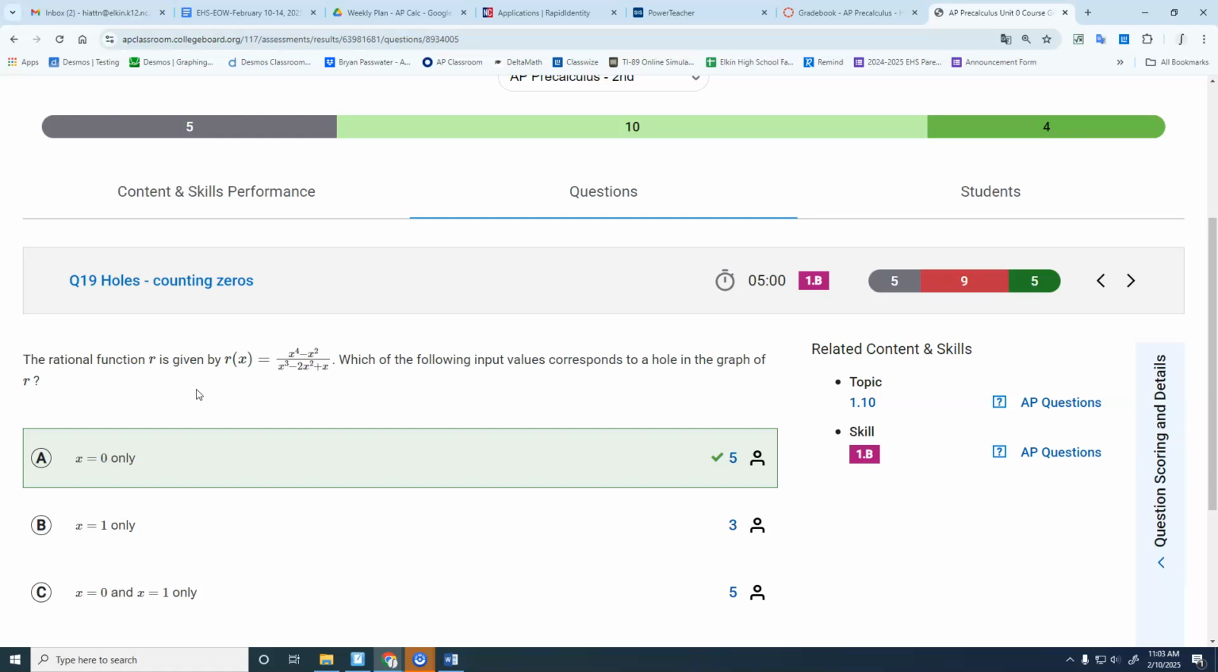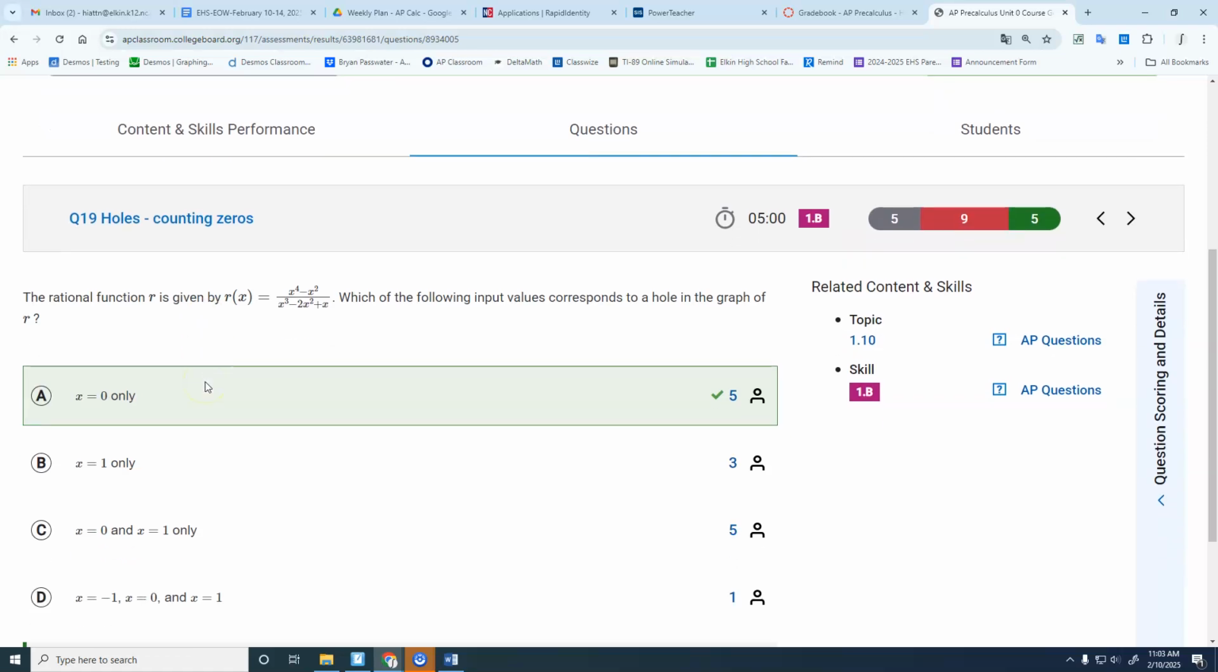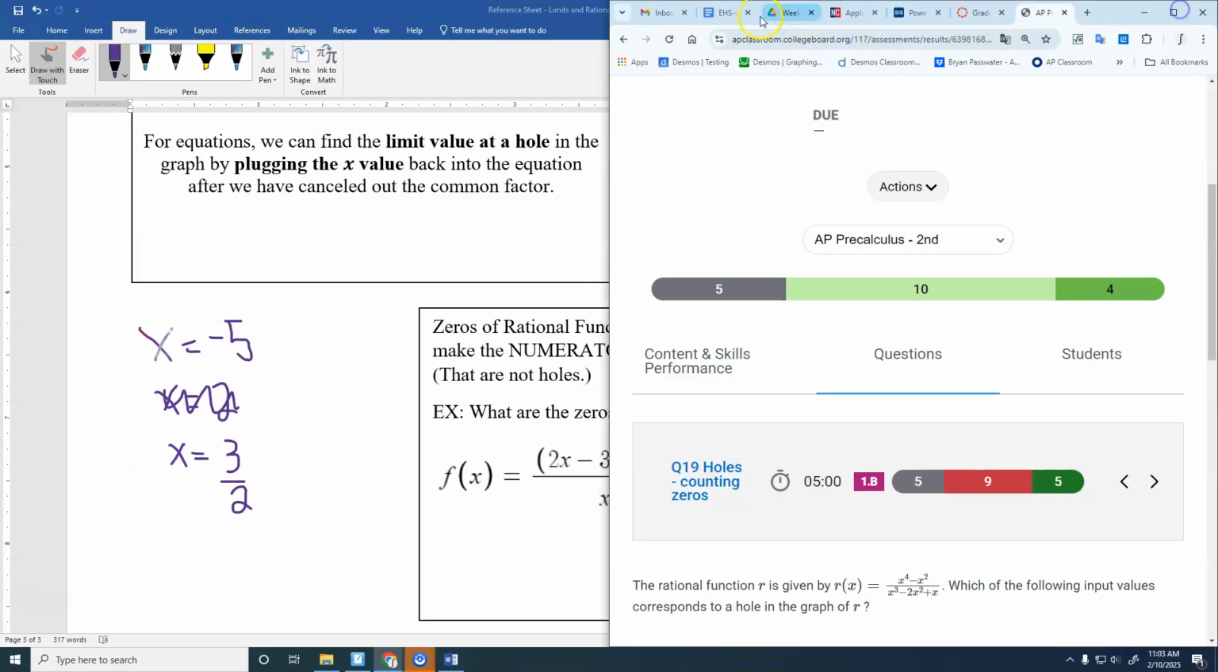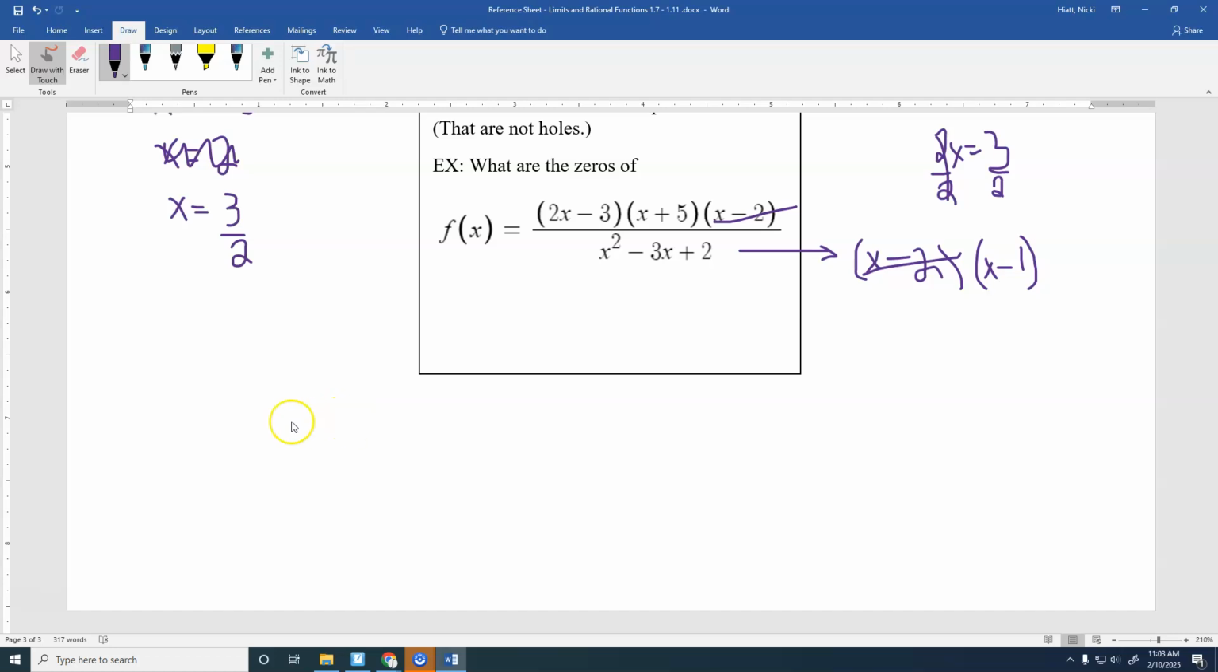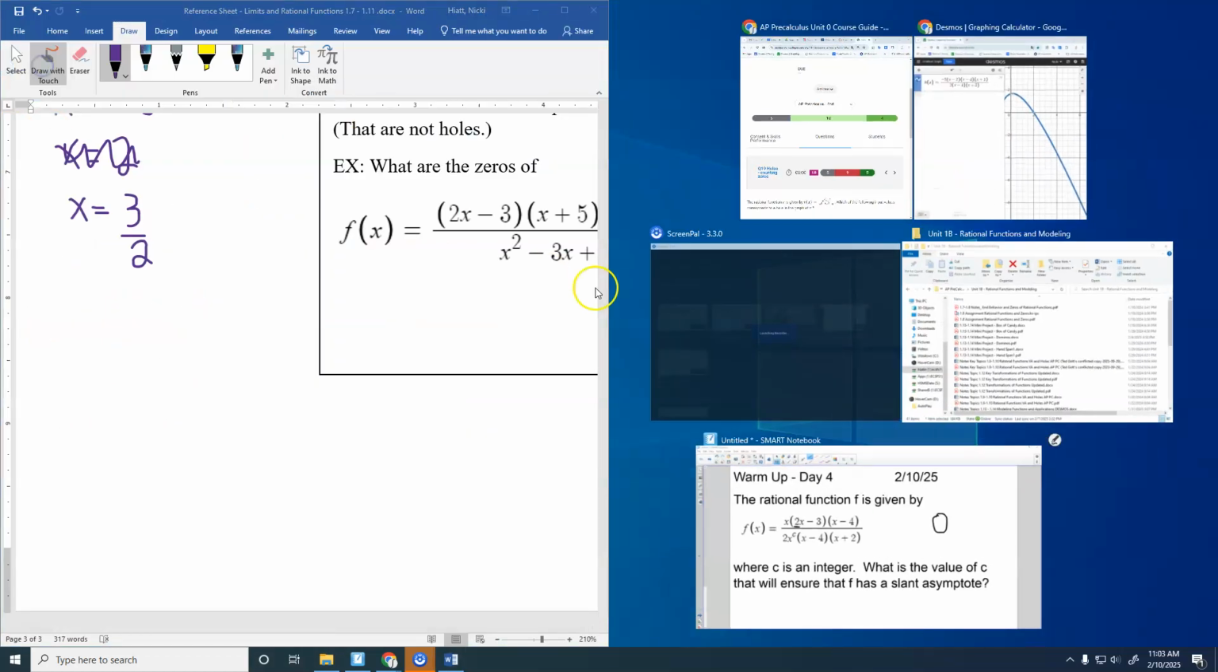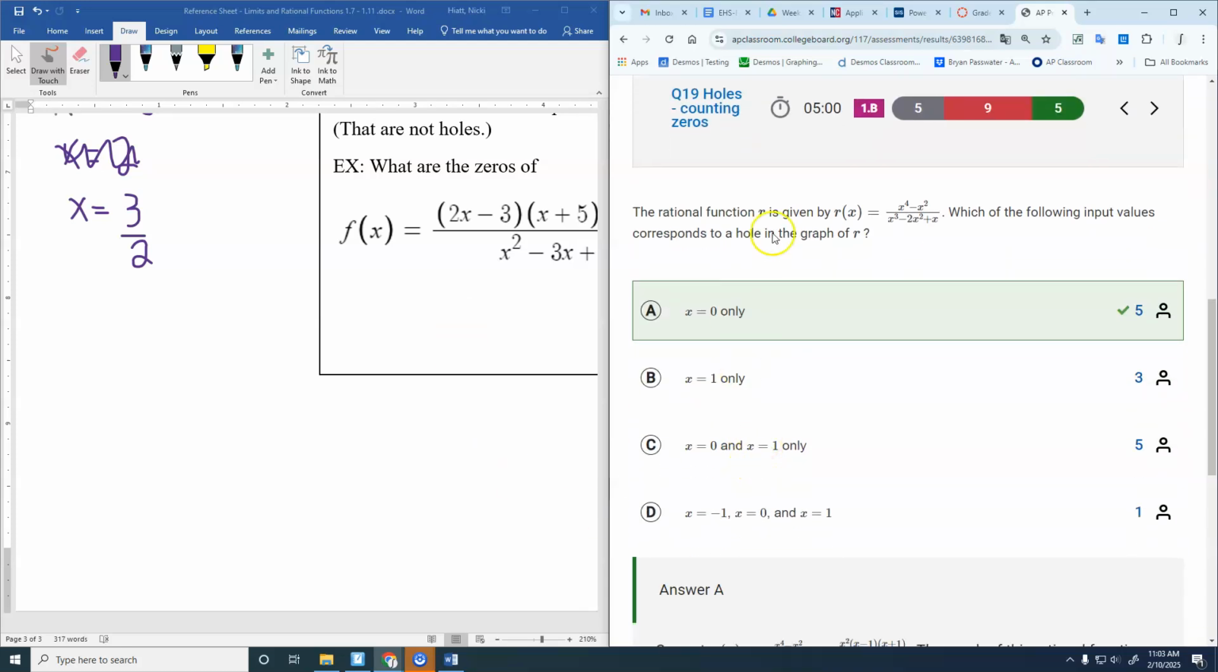Let's see here. They ask us which of the following input values corresponds to a hole in the graph of R. They have worded it a little bit differently than we sometimes see, but it's just asking where the hole is. So for this problem you have x to the 4th minus x squared. You should factor out an x squared in the top, which will leave you x squared minus 1. And then in the bottom, you will factor out a single x,